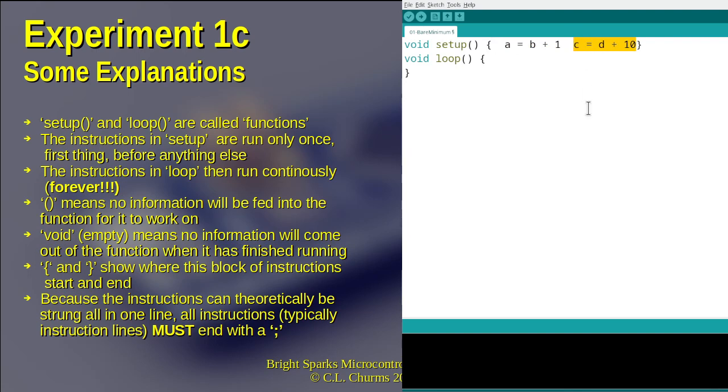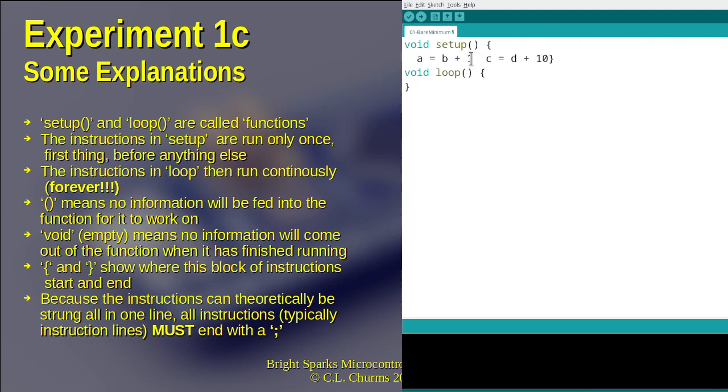There's nothing in between to tell it that they are two different instructions. So, as a result of the fact that we can add and take out as many spaces as we like, we are now forced to do something